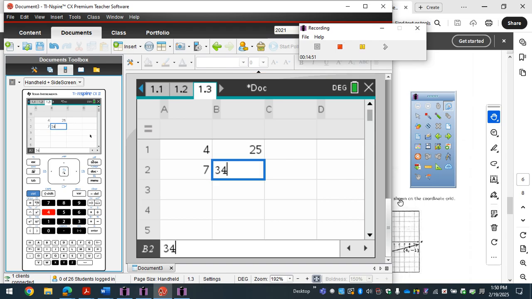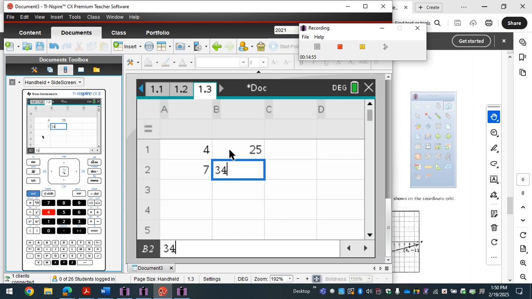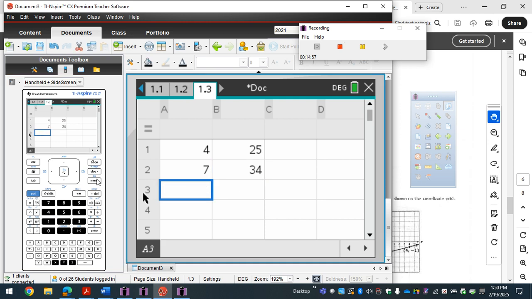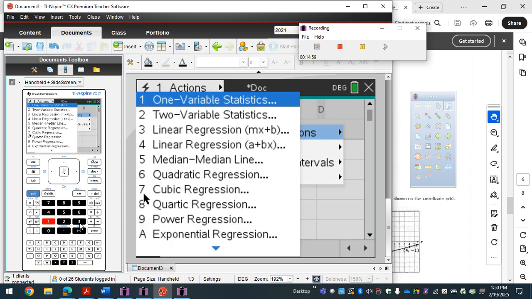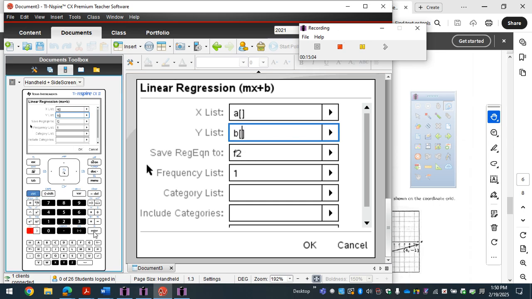I'm just going to double check one more time. 4, 7, 25, 34. Come back over here, go to menu 413, and then B, and then control this left hand side, enter, enter,